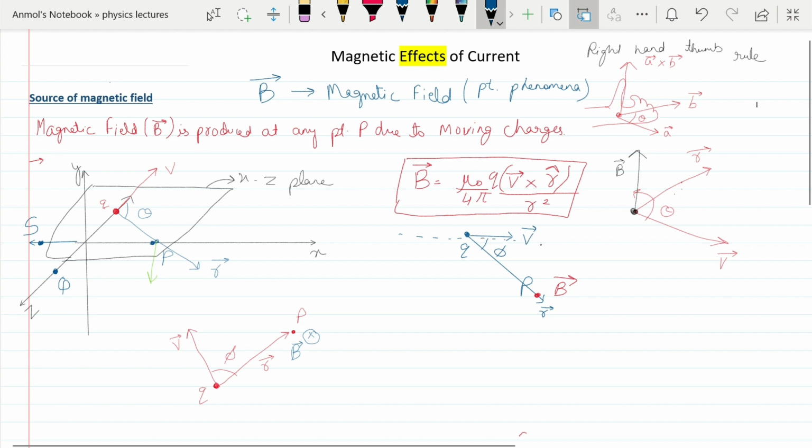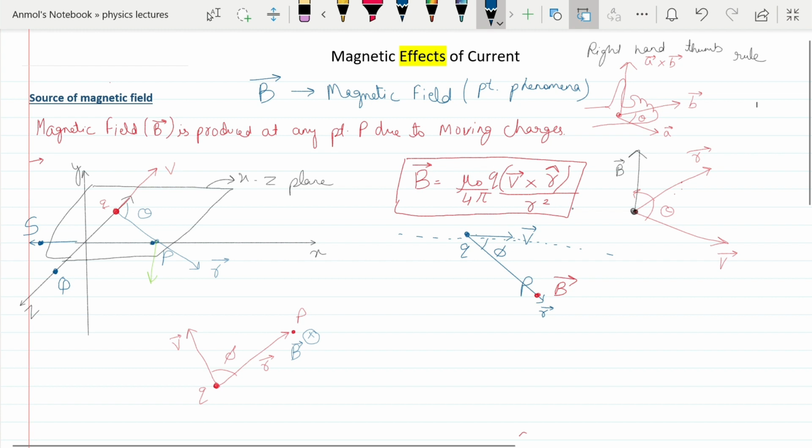This is the line, and this arrow is telling you the velocity vector along which it is moving. Okay, this is the line, and we are interested in finding the magnetic field at point P. So we say that the magnetic field is dependent upon the magnitude of charge, velocity, and R as per this formula. v is the velocity of the charged particle, R is the position vector of this charged particle. Okay, so it is given by this formula.